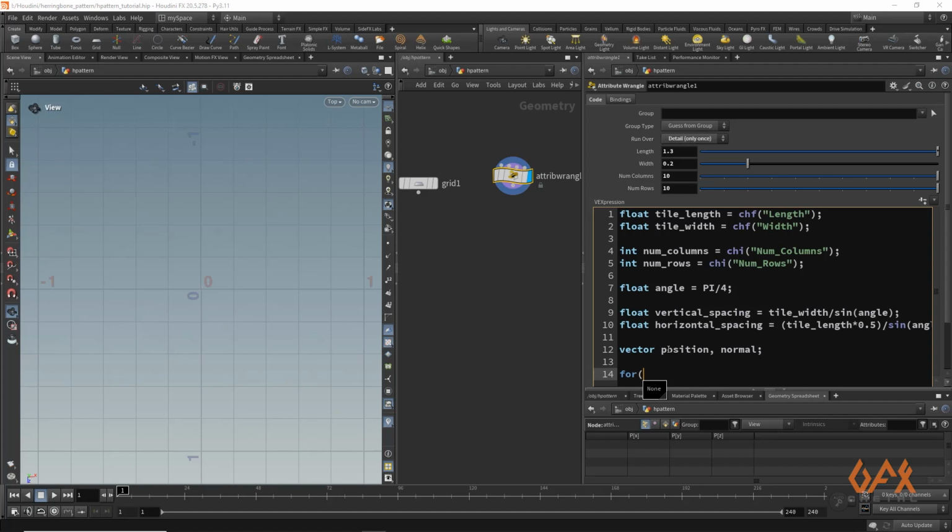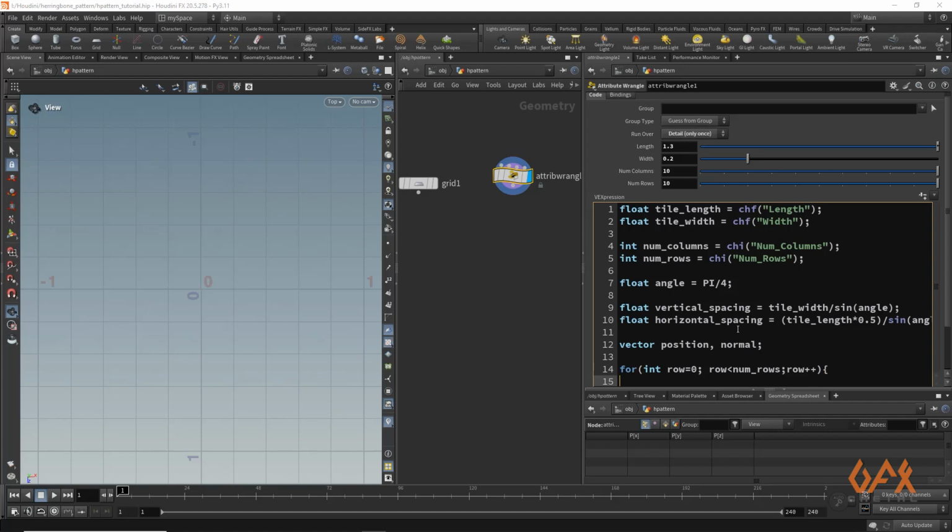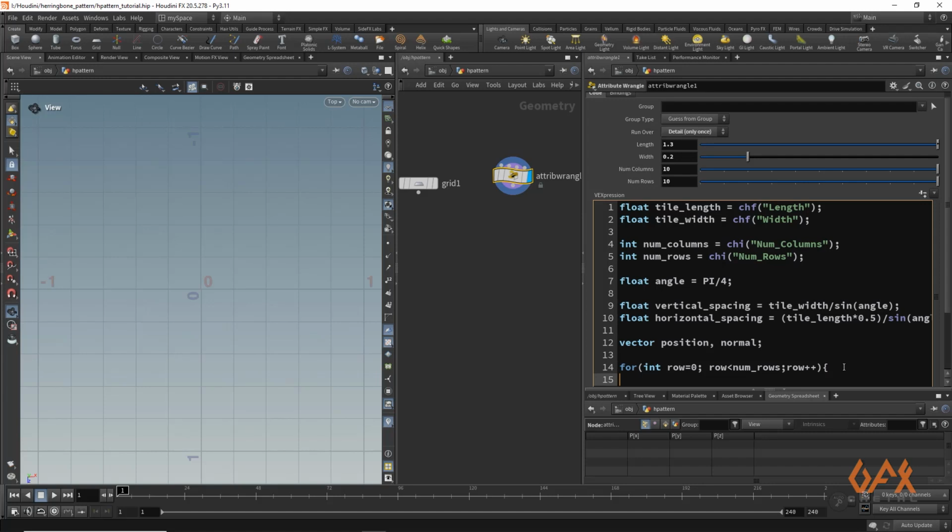So here I start with integer, create one variable, that is row is equal to 0. Row should be less than number of rows that you defined over here, and row plus plus. Start this, and definitely for that I always prefer closing that one.